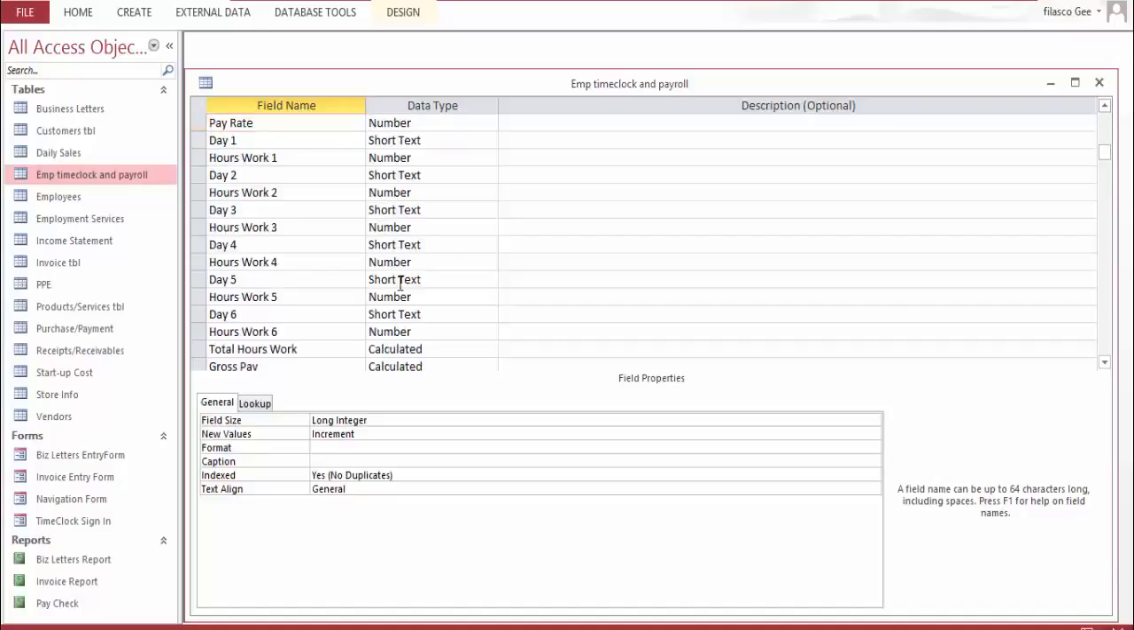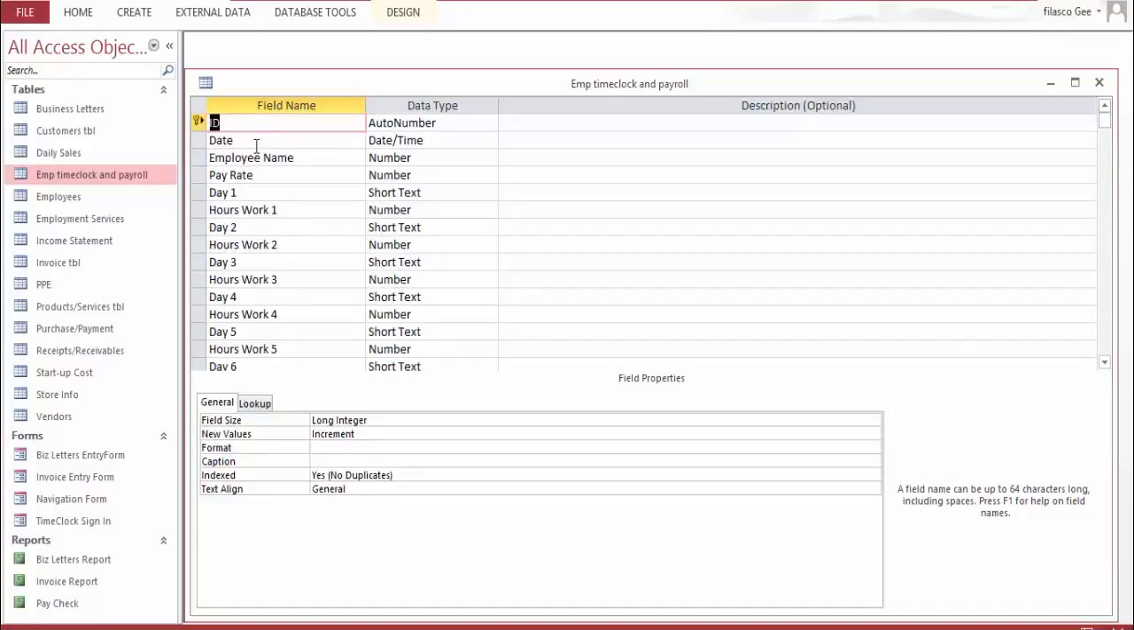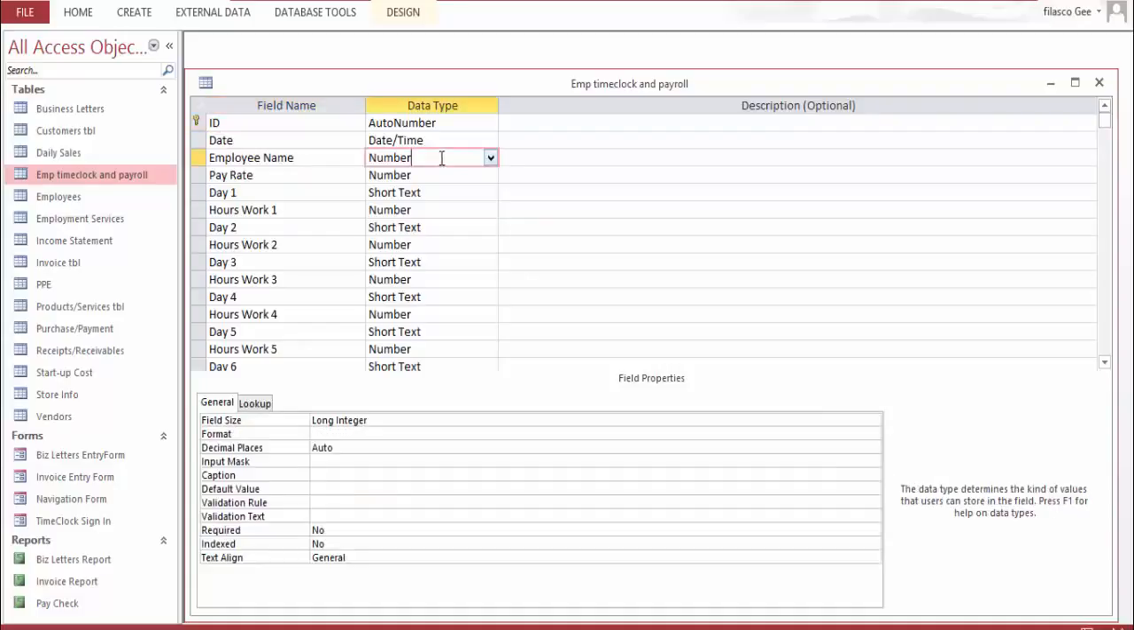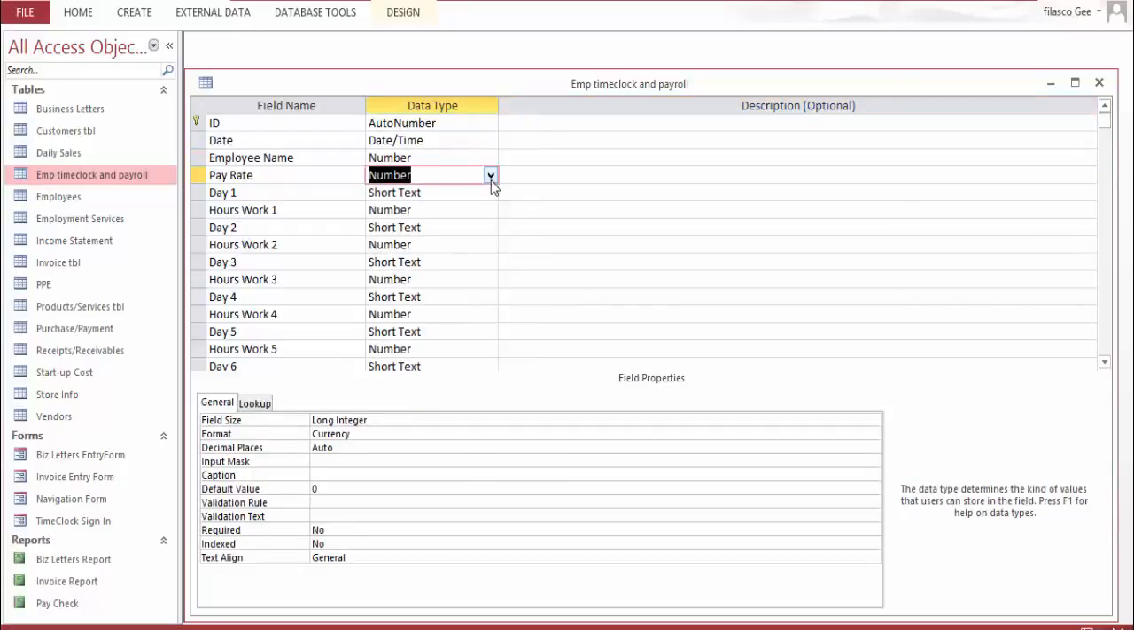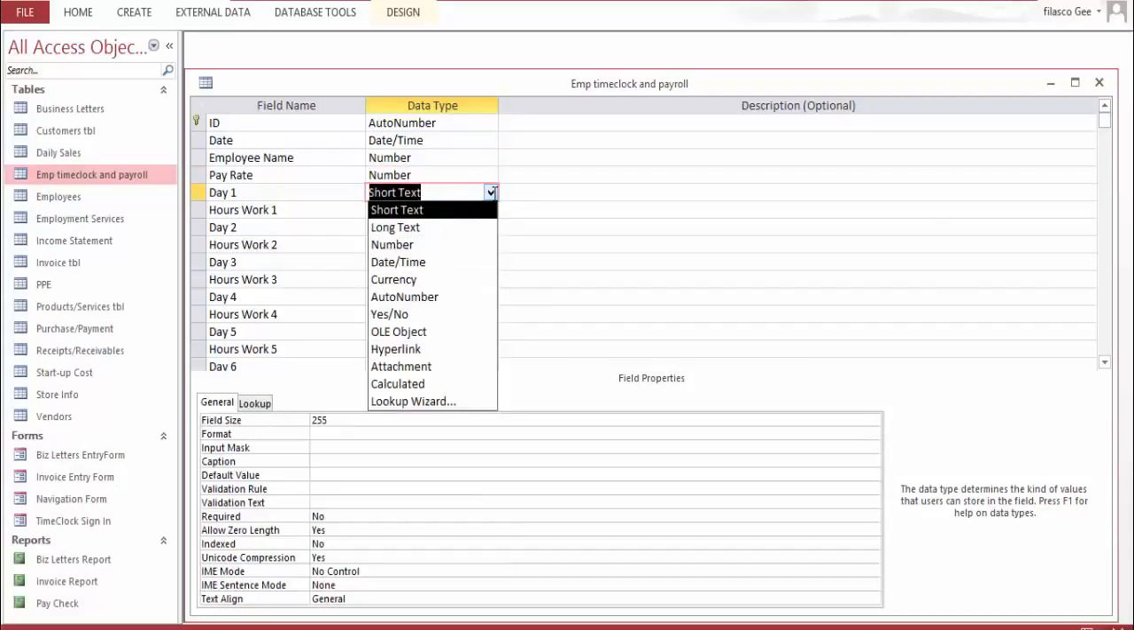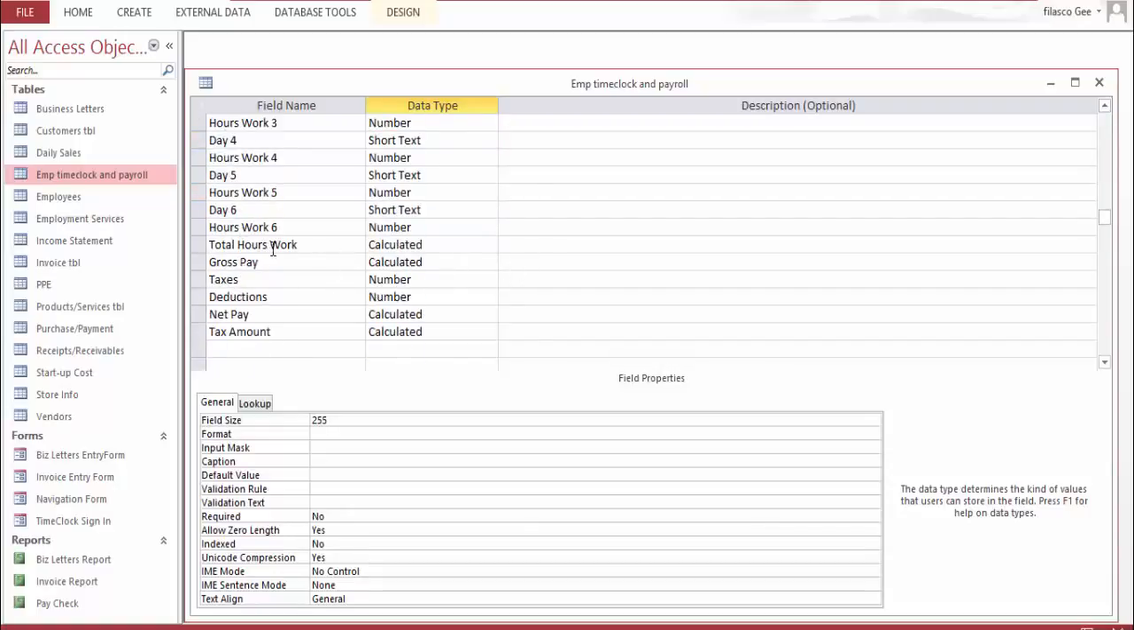All the expressions behind this database. So you can see employee name is a number. It will be a drop down list. Now choose the employee's name from it. Then the pay rate will also be a number, and the day one will be a drop down: Monday, Tuesday, Wednesday, Thursday, and hours work, number. Day two also as Monday, Tuesday, Wednesday, hours work, and we come to the total hours